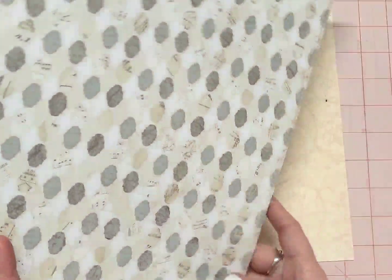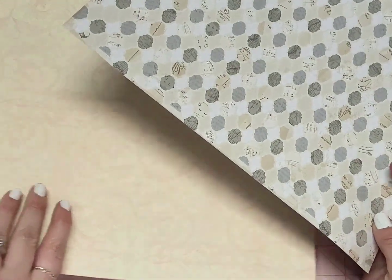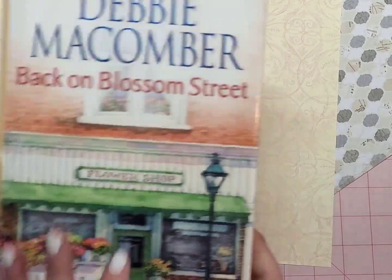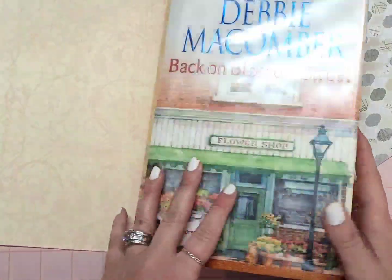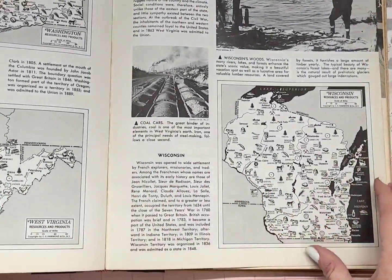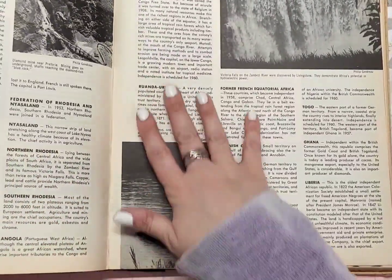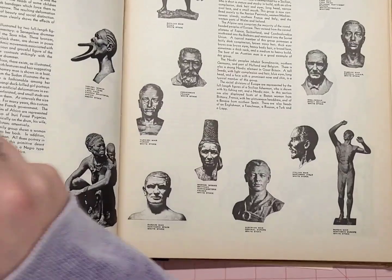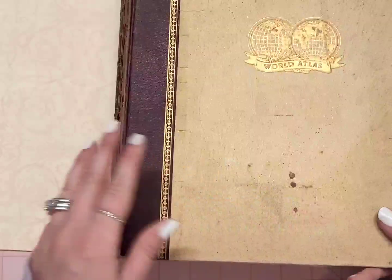So I have two different kinds of paper. This one here is double-sided, and then this one is just single-sided. So I brought along some music paper. I have my book page that I've been using, and I brought along a World Atlas book that has really cool images in it. So you could even do the inside with this. In the front it has some maps. The maps are really cool. So you could do that,